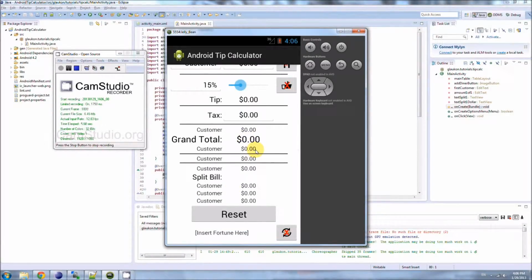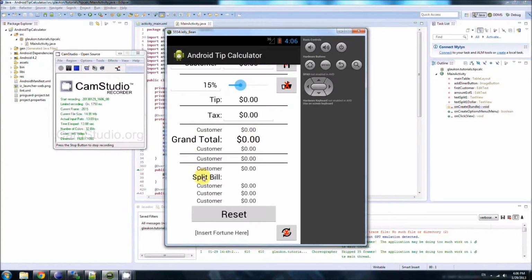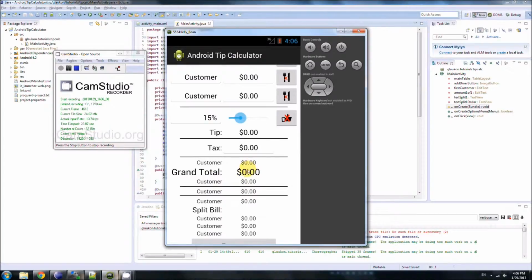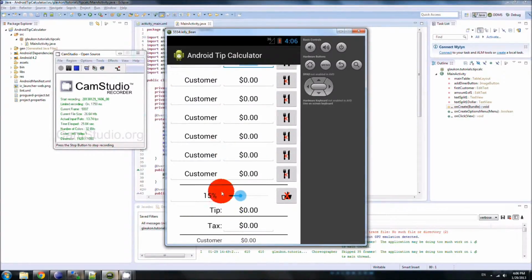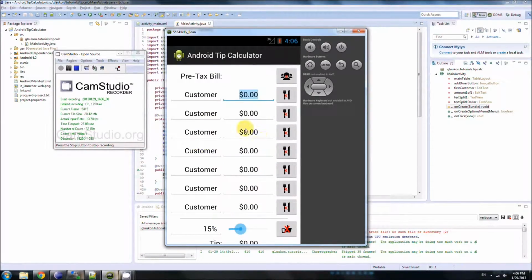Hello and welcome back to another installment of our tip calculator tutorial. In the last episode we had some trouble. Every time we created a new row in our split bill part here, instead of putting the row where we wanted it to go, it put them in progressively higher places in our app. That was because the row number kept changing because we kept adding new rows up here above the split